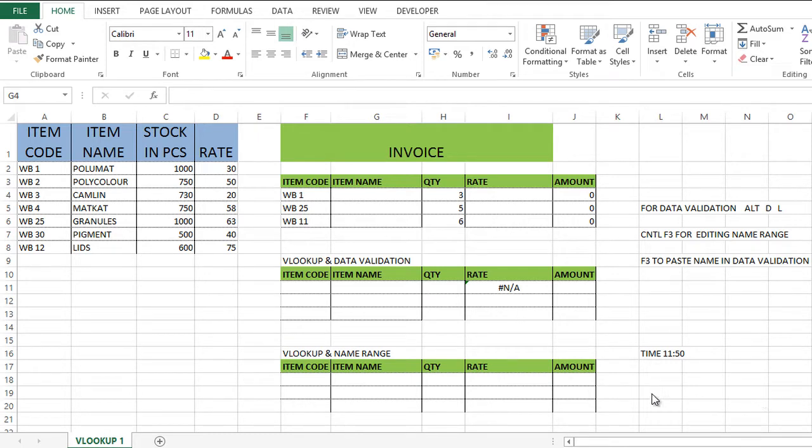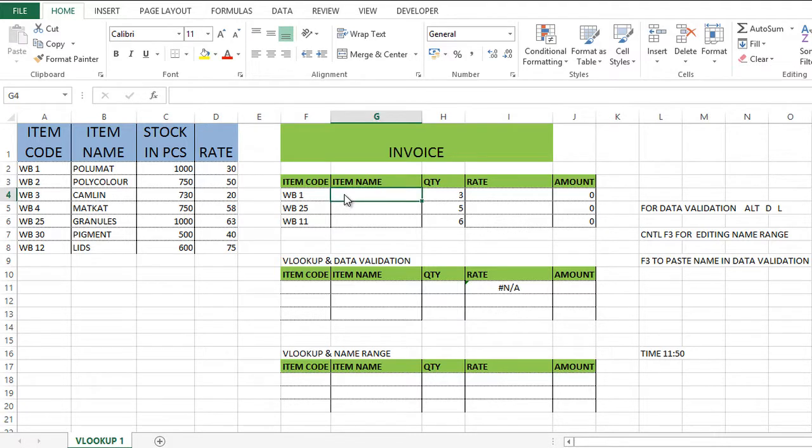I am Sandeep Gupta. In this video, I will talk about the VLOOKUP function. It is used to find out information of particular data. For example, suppose I want to find out the item name by referring to this item code. Here, this item code is my lookup value, that is my question, and item name is the result of VLOOKUP, that is my answer. Remember one thing, your lookup value, that is the item code, should always be in the left column, and the result which you want, that is the item name, should always be in the right column in your given data table.